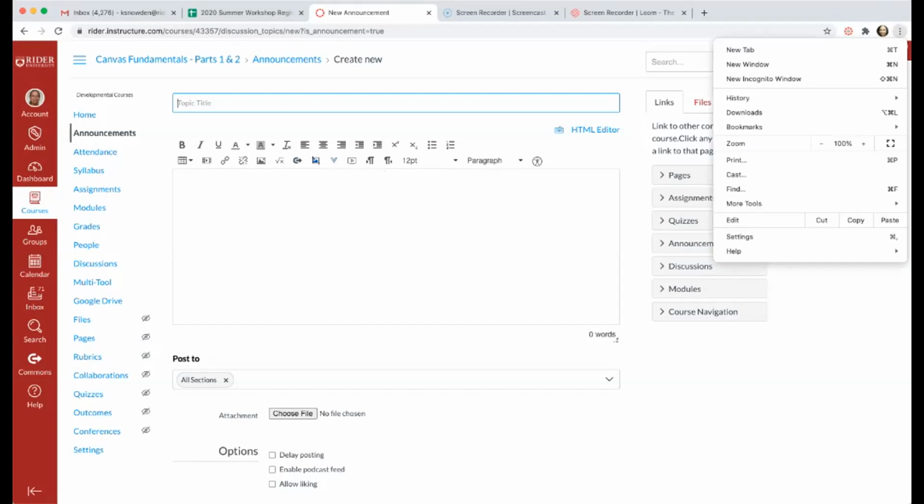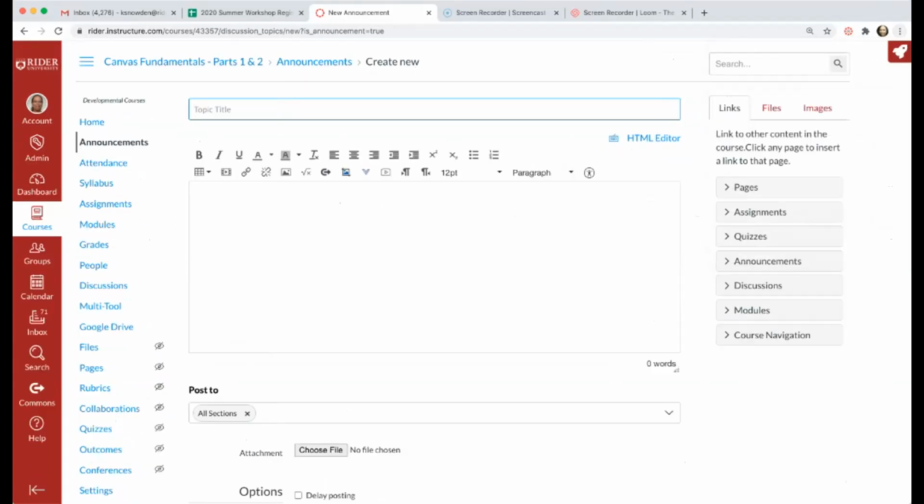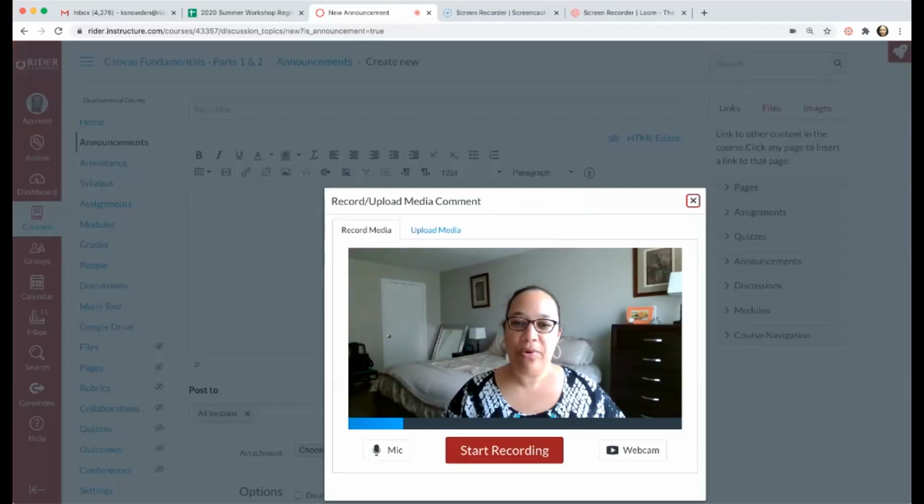I will try to zoom in a little bit. It looks a little bit like the playback button. And when you click that particular icon in the rich content editor, it will launch Canvas's Record Upload Media option. When you're in this option, you'll see that you can choose to record your mic,